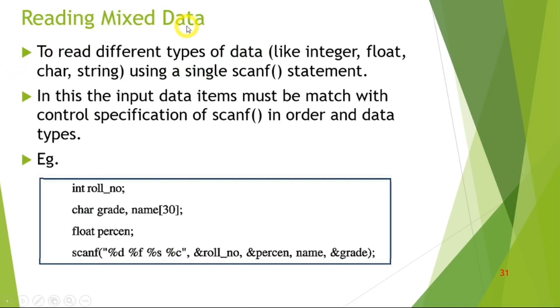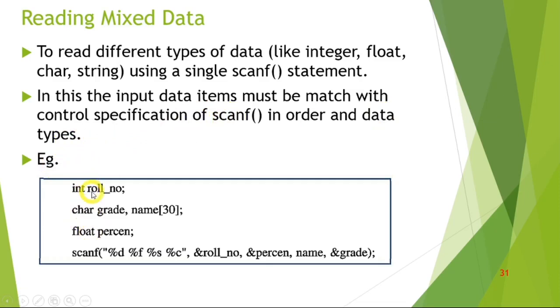Reading mixed data. To read different types of data like integer, float, character, string, using a single scanf statement. In this, the input data items must match the control string specification of the scanf statement, or say the scanf syntax, in order, and the data types should actually be the same.